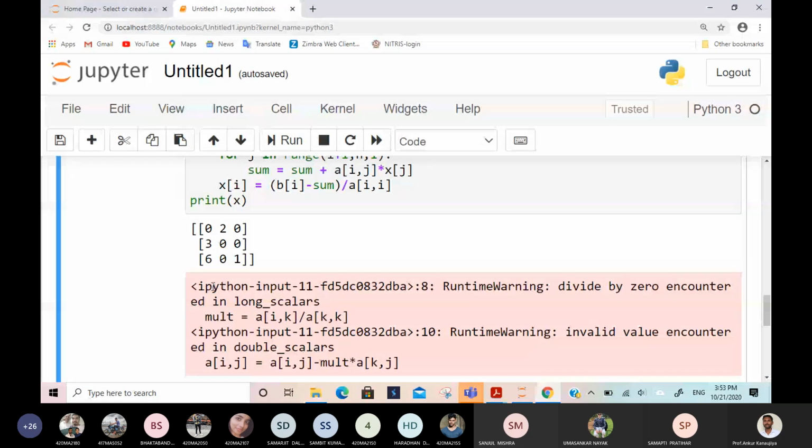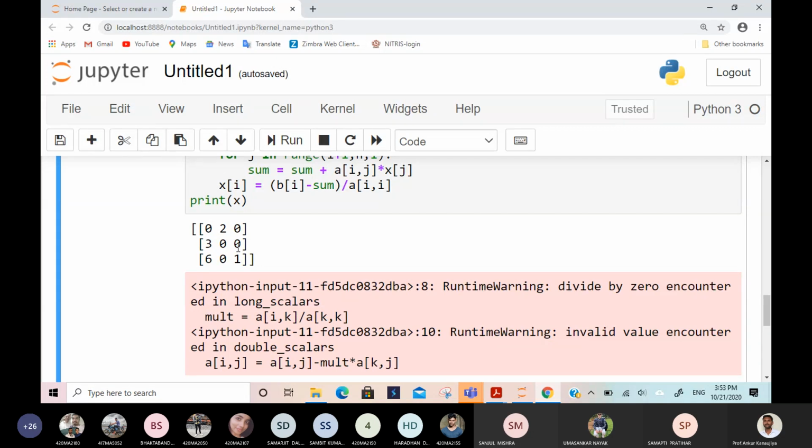Partial pivoting, you can interchange rows also. That means if you find any column entry non-zero, like this 2 also non-zero, you can replace it here. So column interchange is also possible and row interchange is also possible. If you are doing column interchange, then you have to apply complete pivoting. If it is only row, then it is called partial pivoting. That we will discuss in the next class, not now.